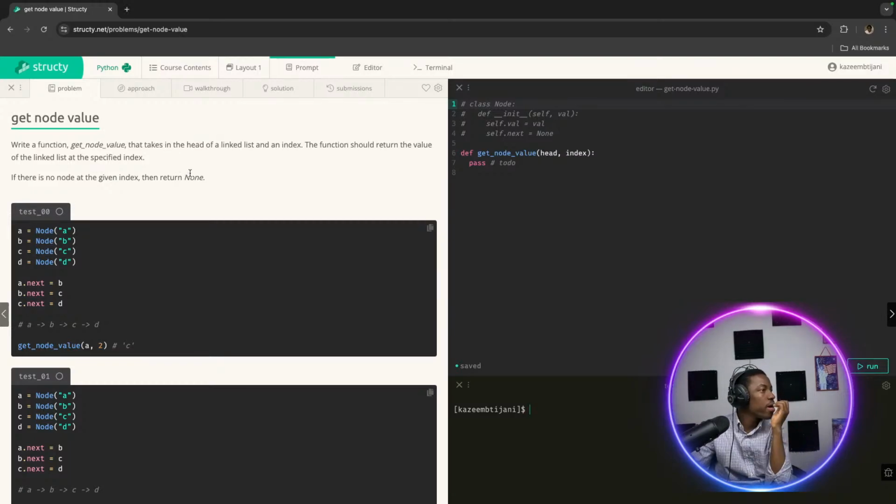Write a function get node value that takes in the head of a linked list and an index. The function should return the value of the linked list at the specified index. If there's no node at a given index, then return none. So basically, if we are given an index, you want us to return